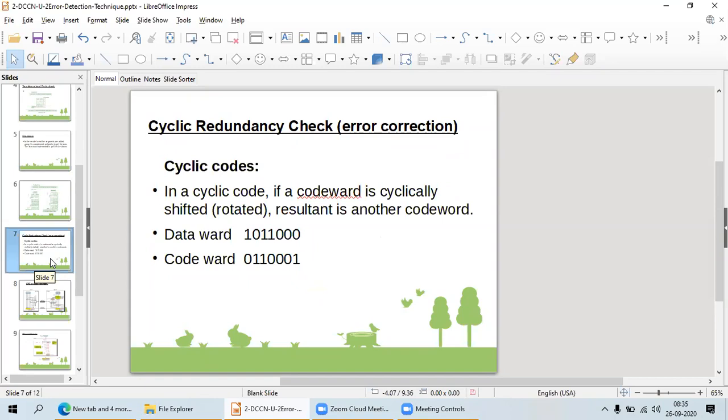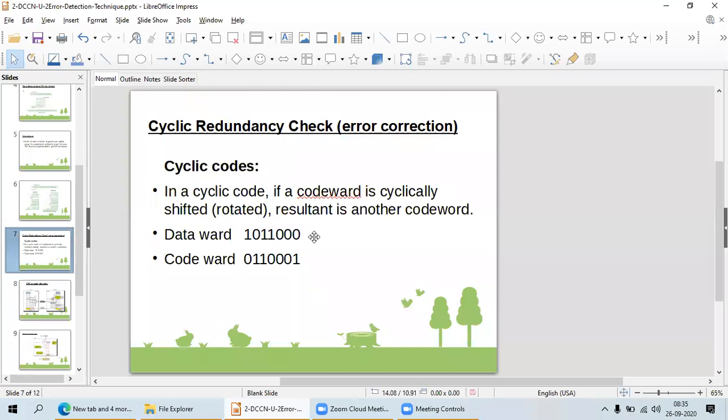The data is rotated from right to left. That means your first bit goes to the end of the word. Here, this 1 goes to the end of that word. This is nothing but your cyclic codes, shifted cyclically.